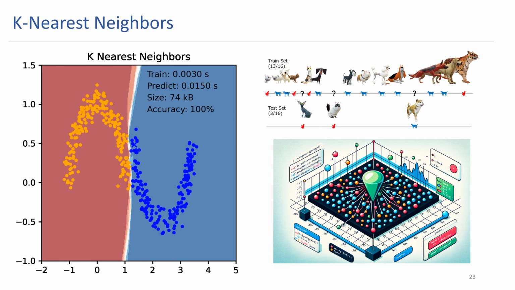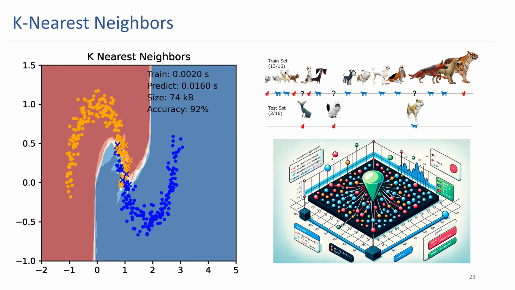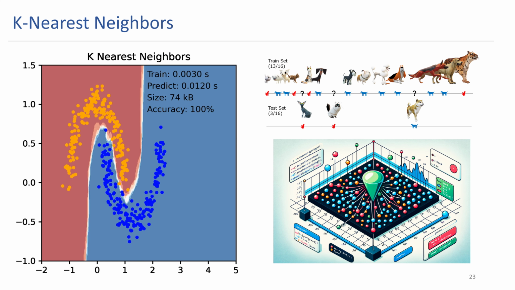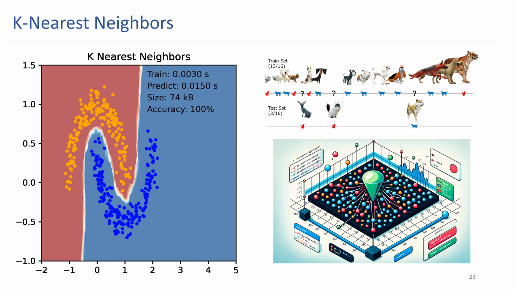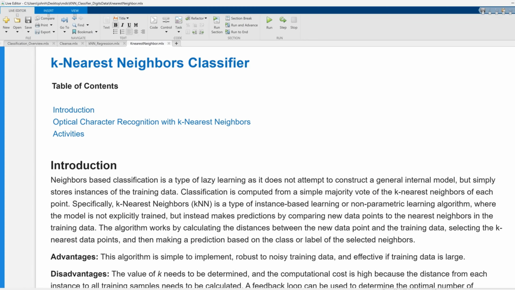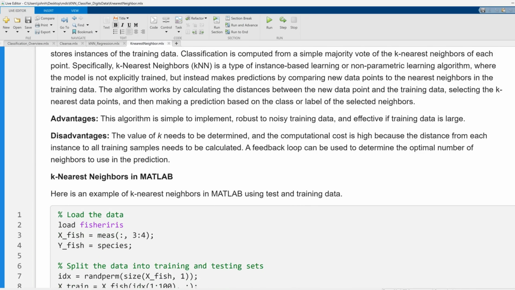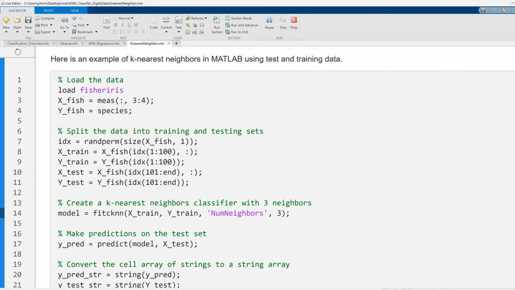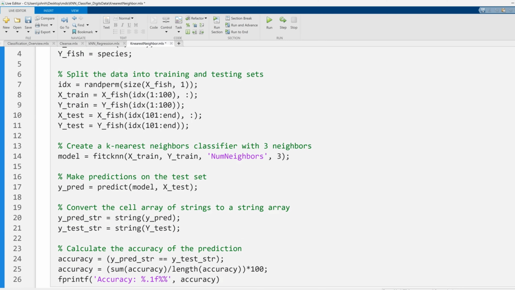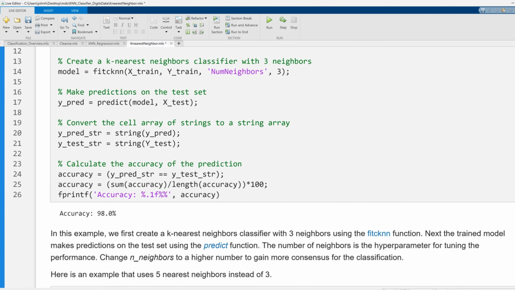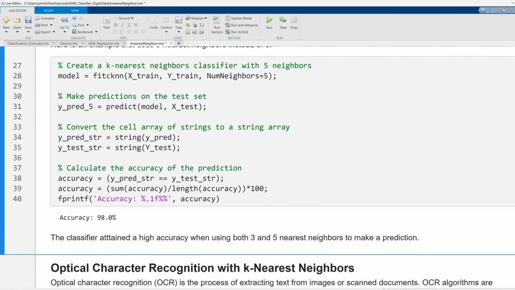Okay, let's take a look at the k-nearest neighbors learning exercise as well. There are case studies that show how to program k-nearest neighbors, doing it from scratch, or also if you used a package to call. Okay, so here's the MATLAB Live Script with k-nearest neighbors, and we're going to load our data and calculate an accuracy.